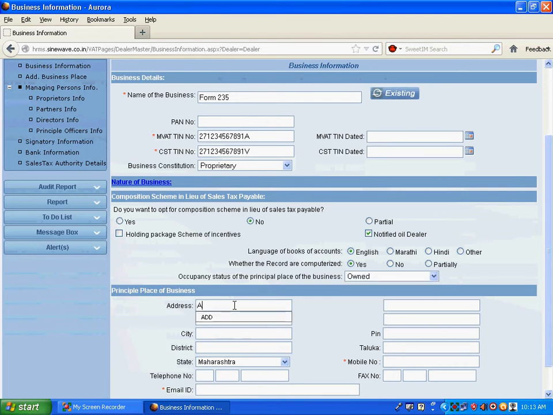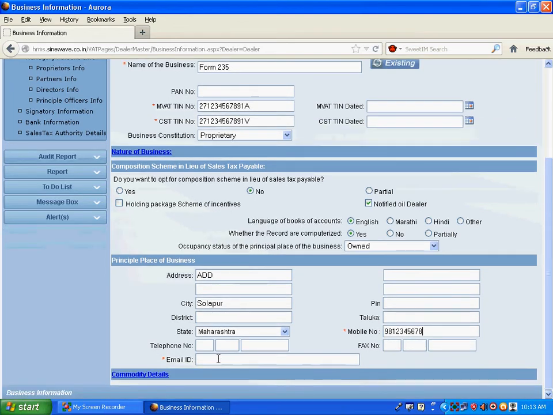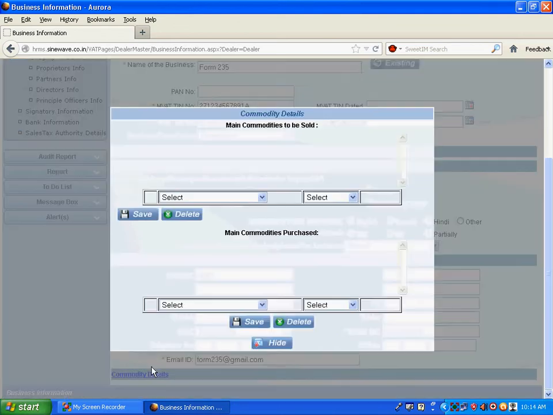Give the address, city, phone number, email ID. You can select the commodity details.